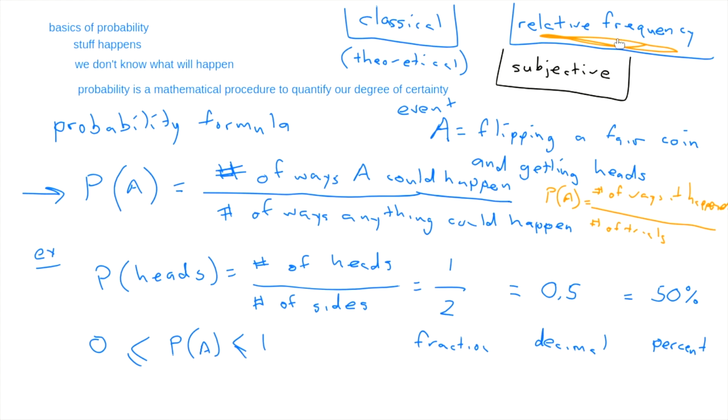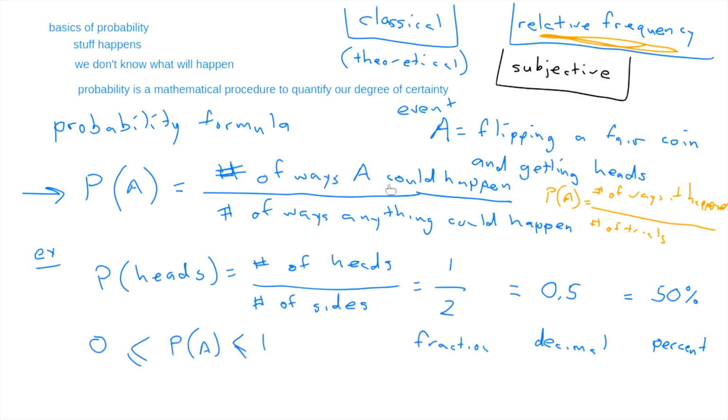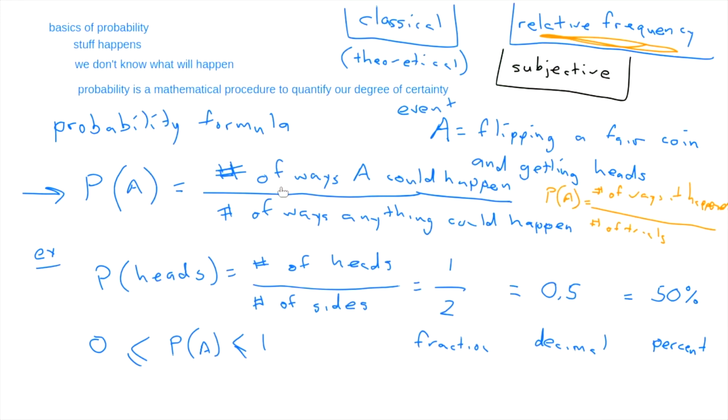What's the likelihood? Classical probability works only if the probability of each possible event is the same. And so what's the likelihood of a head? It's 1/2. Well, what's the likelihood of a tail then, Mr. Smart Guy? It's also 1/2. They have to be the same. If they're not the same, then you can't use this simplified formula. Same thing, what's the likelihood of rolling a 2? It's the same as the likelihood of rolling a 4, or a 5, or a 3, or a 6, or a 1. They're all the same. That's the only thing that works. Classical requires that the likelihood of each event is the same.